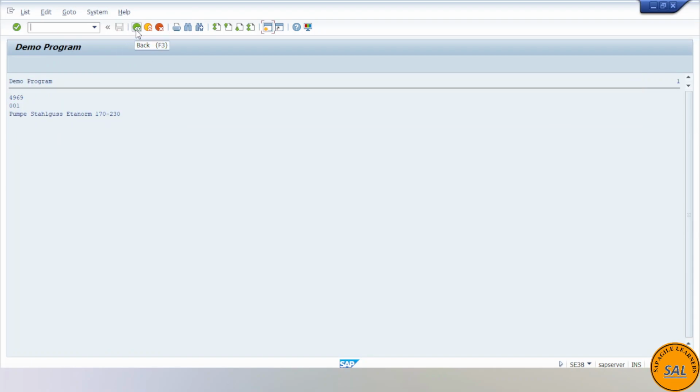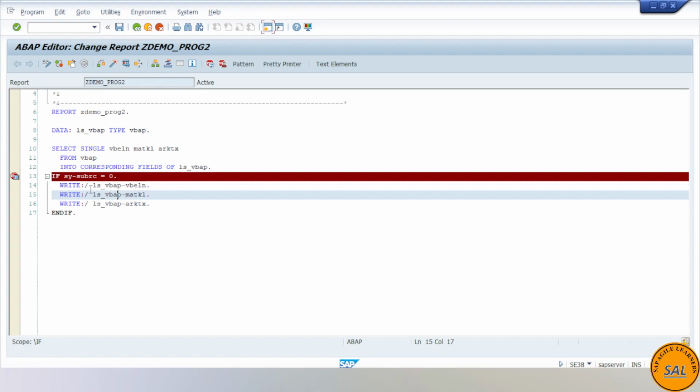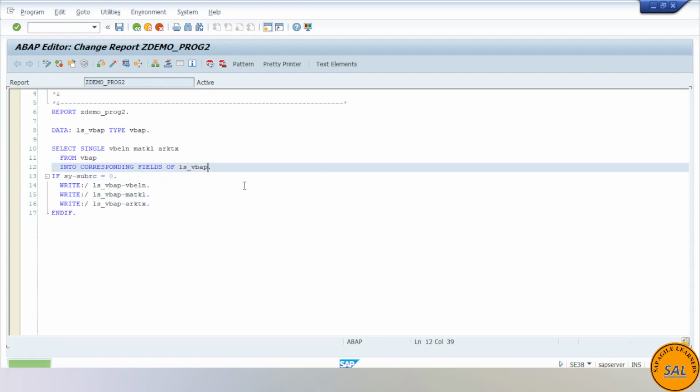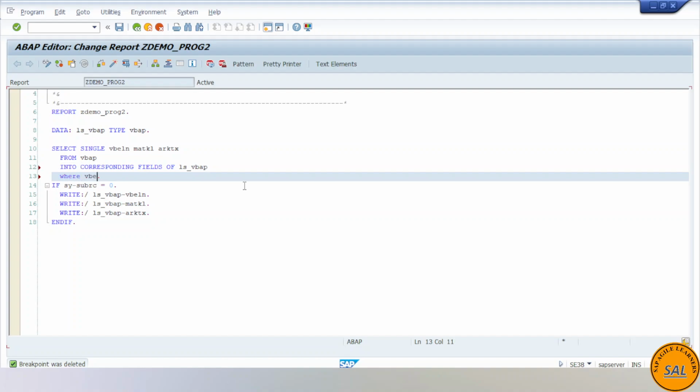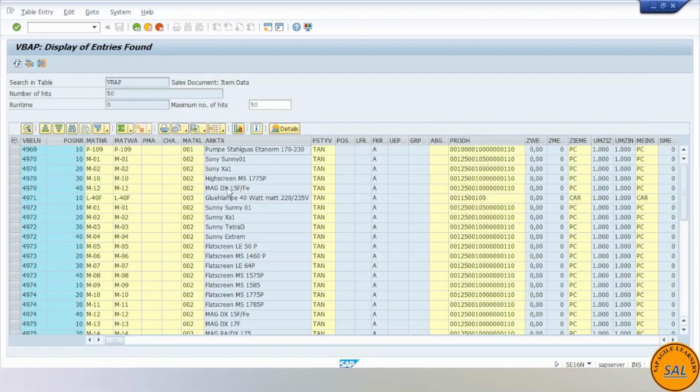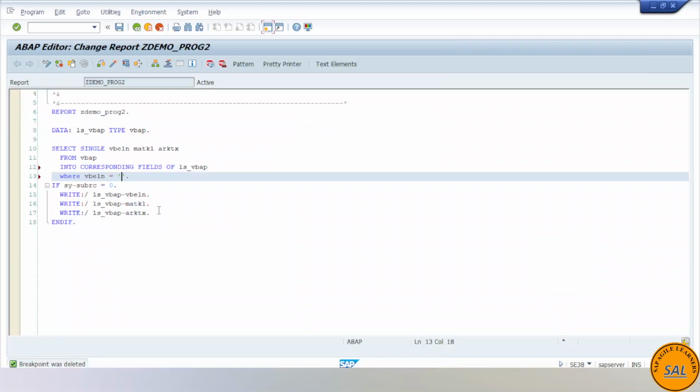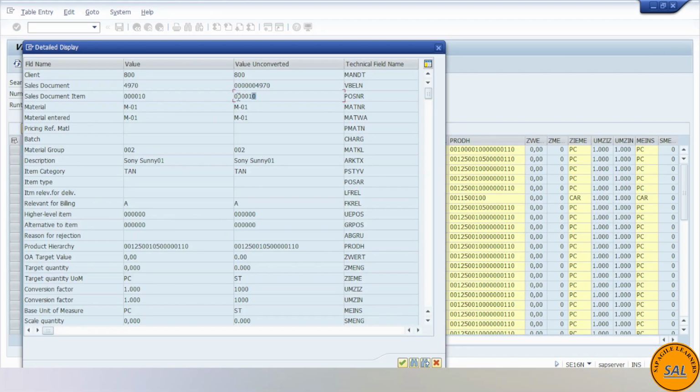Now press back here and you will see here. Now we will be putting some where condition here. For example, where VBELN equals to, and we can directly pick some values from here. For example, double click on this and just copy this value and paste it here, and as per your database data you can select those values accordingly. Also, POSNR equals to this, for example 10,